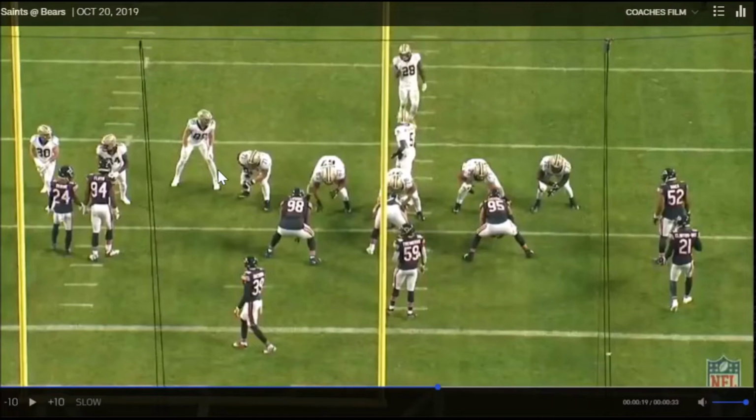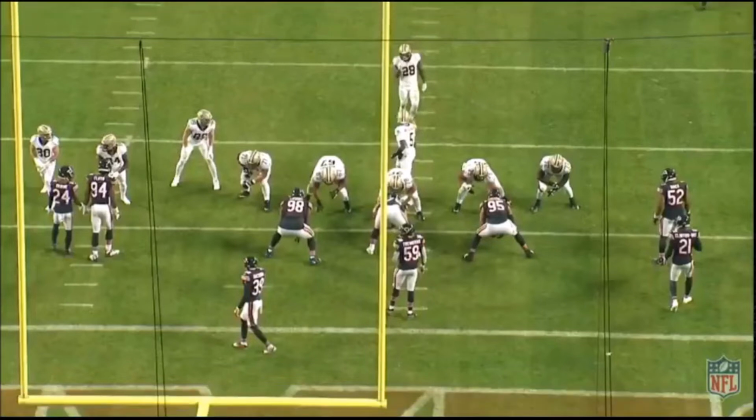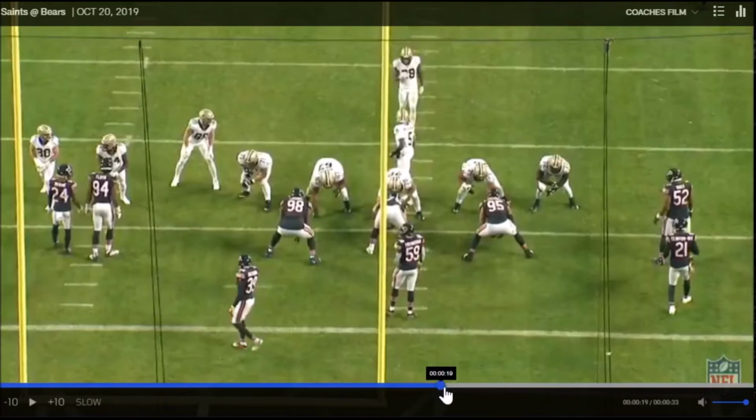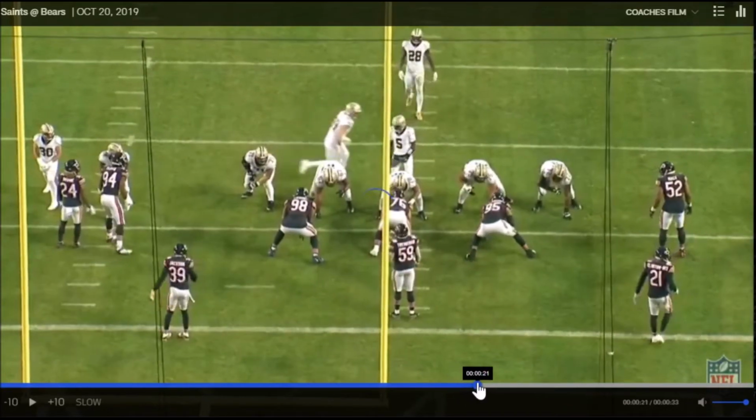Okay, so this is Josh Hill. If you're a Saints fan, you know who Josh Hill is, and you probably wonder every now and then, how's this dude still on the team after all these years? This is why. One of the best blockers in the league, if not the best blocking tight end in the NFL. He's not great on receiving routes, not a huge threat in the receiving game,